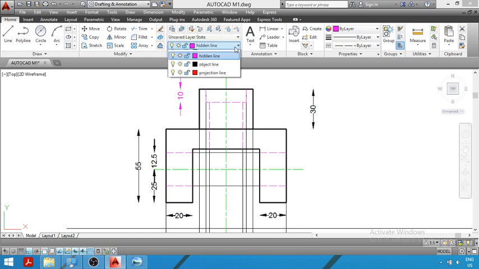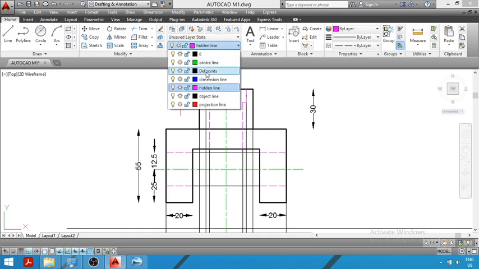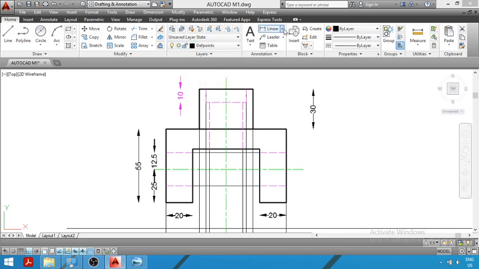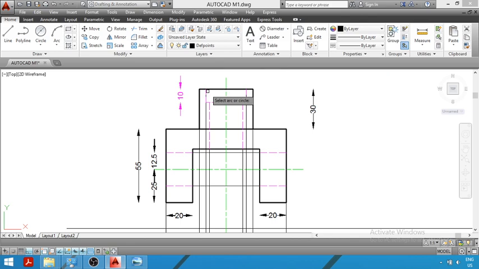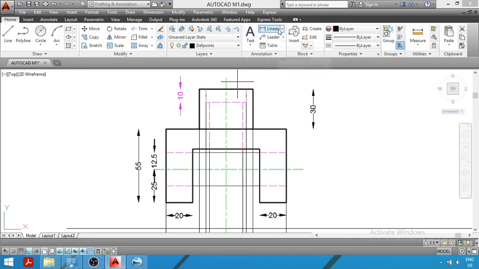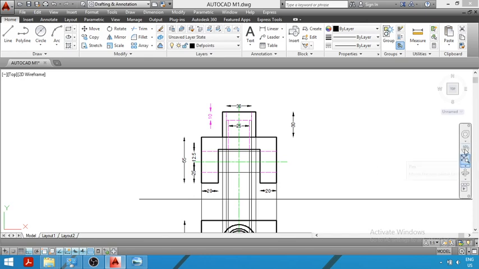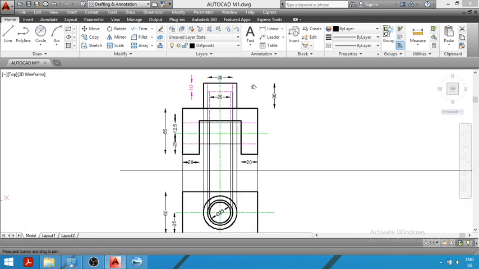The diameter of the upper hole will be equal to 30 mm. I will give the dimensions, so you can see here. Now I am giving the dimensions. The diameter of this upper hole is equal to 30 mm and the diameter of this lower hole will be equal to 25 mm. So we have drawn the front view of the cylinder with holes inside it. Upper hole is of diameter 30 mm and height 10 mm, whereas the lower hole is of diameter 25 mm and the height will be throughout from this point to this end surface.